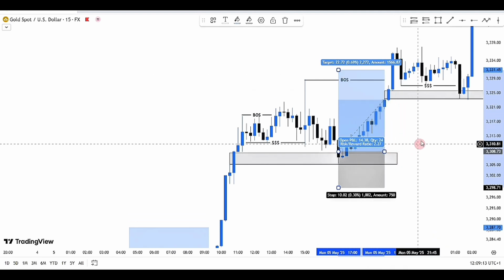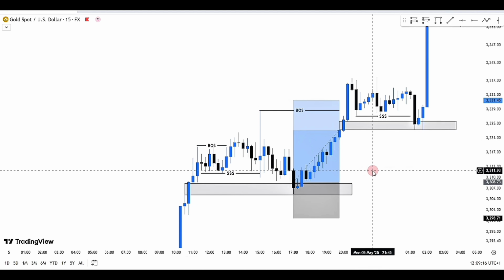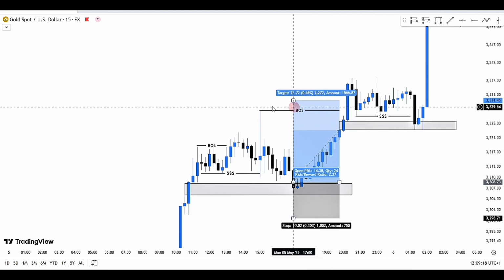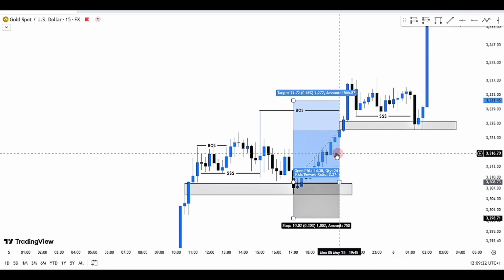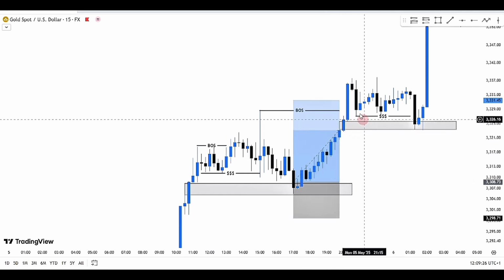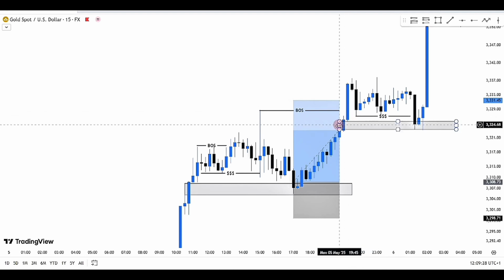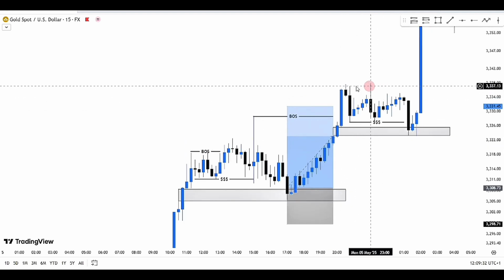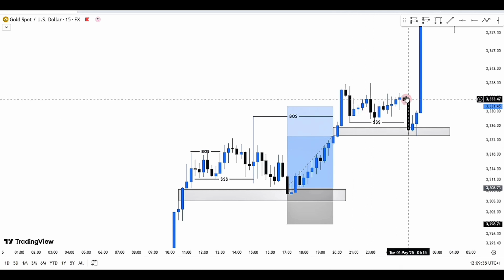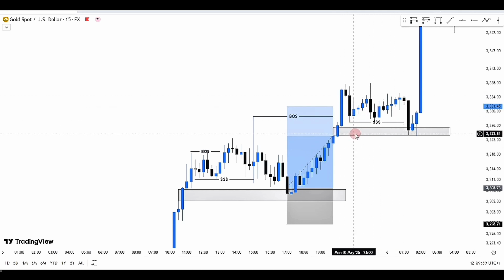And as soon as price keeps pushing towards the upside, you have those levels forming. We had a break of structure, and what caused that break of structure was this demand zone around this very level. And after we had that break of structure, we had a fair value gap that was formed at that very break of structure. So basically what I want to be doing is to be looking out for liquidity around that point. If I'm going to take a trade on this FVG level, I'm going to be expecting price to build